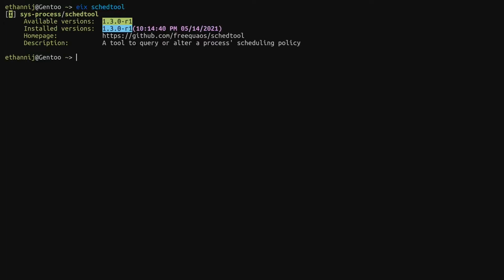So I'm going to go ahead and open up a terminal, and I'm going to make it larger. Let's take a look first at the EIX for Schedtool, and it has a nice GitHub page for you if you want to read it. But it basically just queries or alters a process's schedule policy. And I've been using this recently because I just now learned about it, and I've been playing around with it. So I wanted to show it off and show some of the nice uses that it could have,